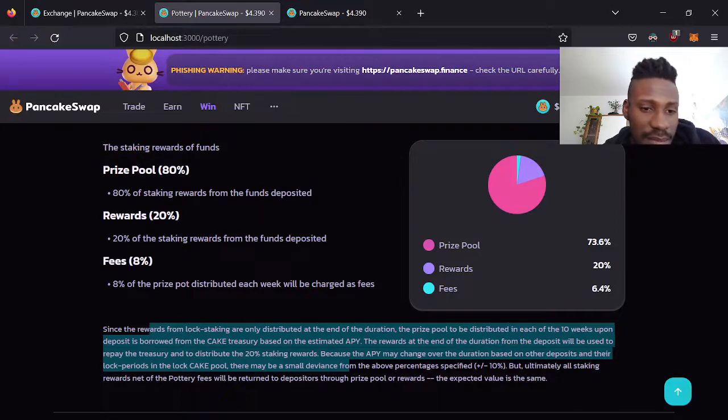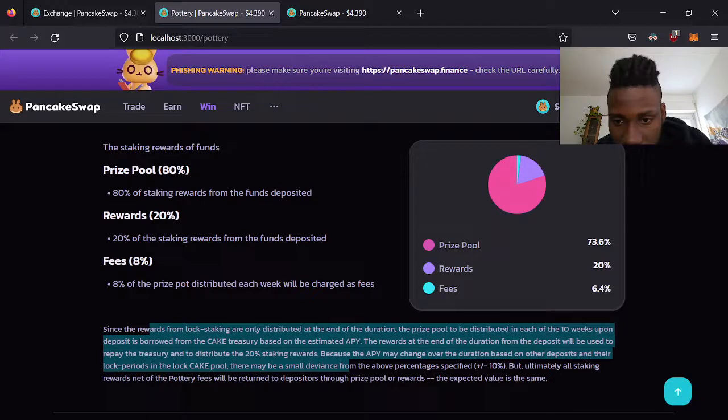Okay. Since the rewards are unlocking, but you have, I guess, a decent chance. 8 winners depends on how many are in there, I guess, right? Since the rewards from lock staking are only distributed at the end of the duration, the prize pool to be distributed in each of the 10 weeks upon